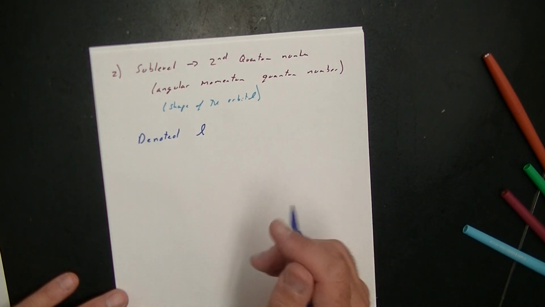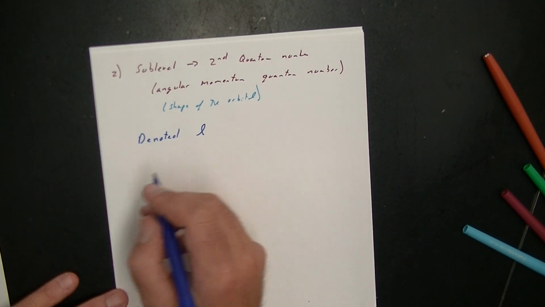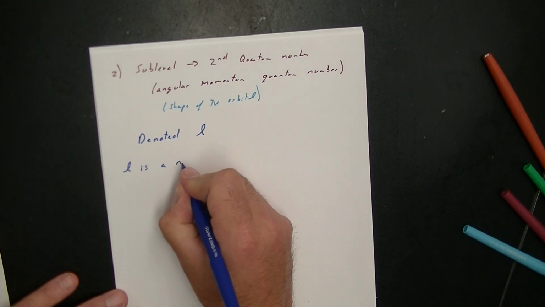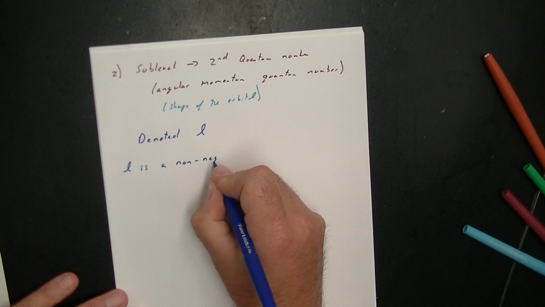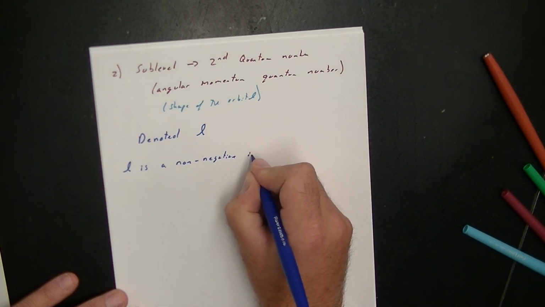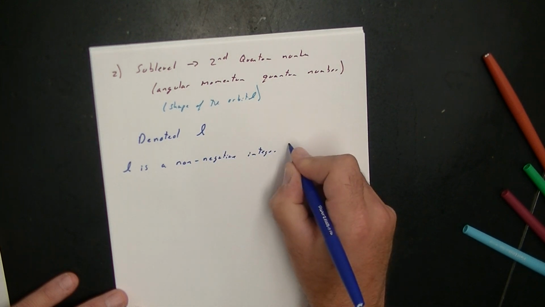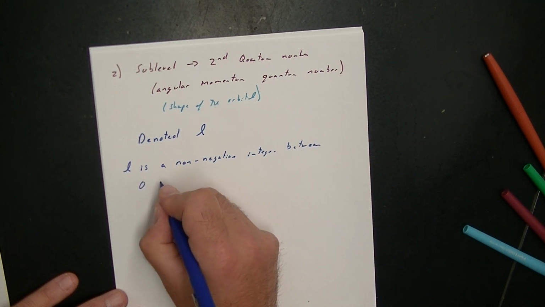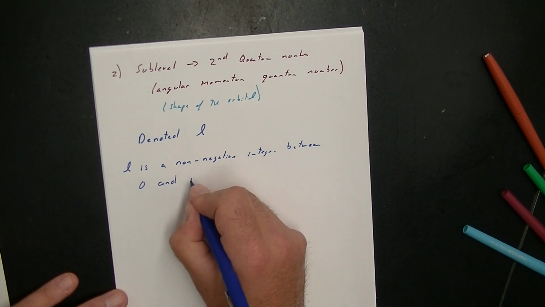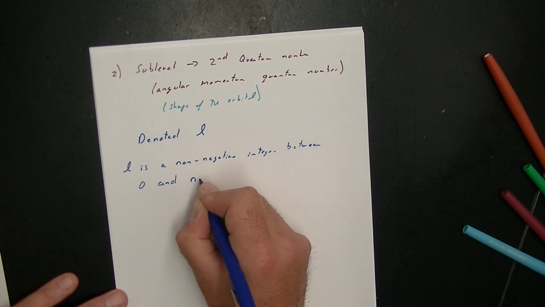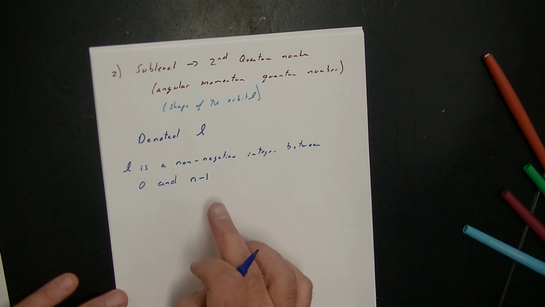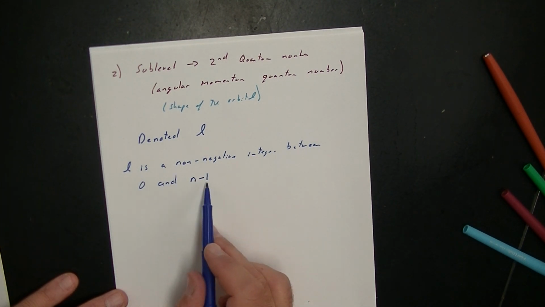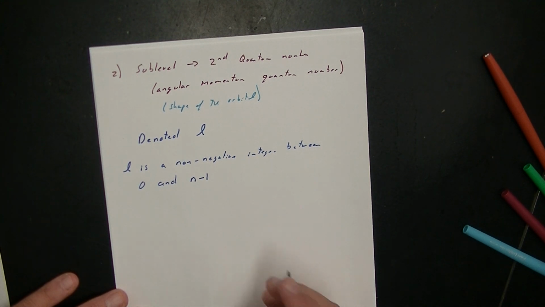So l is a non-negative integer between 0 and n, remember that's my principal energy level, minus 1. So these are just numbers between 0 and n minus 1. And what this is